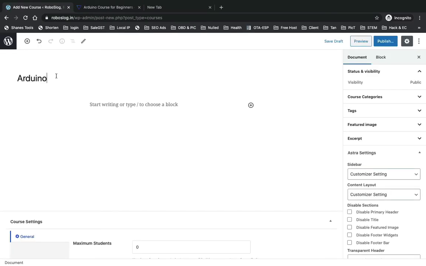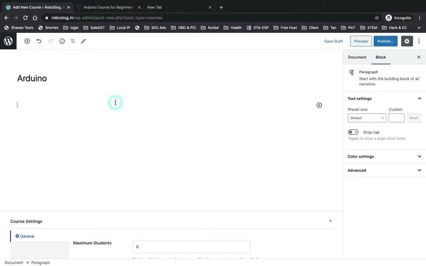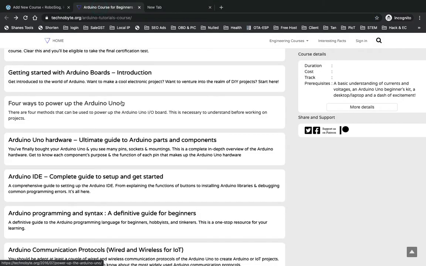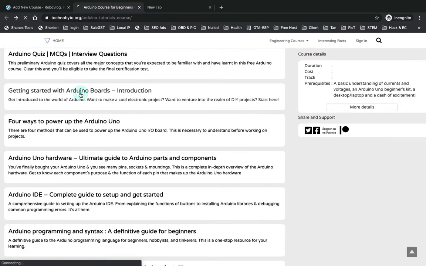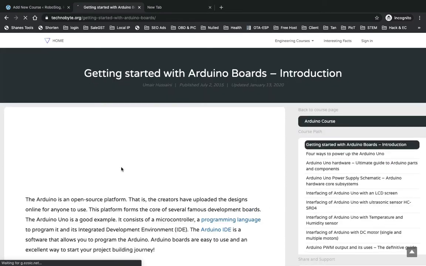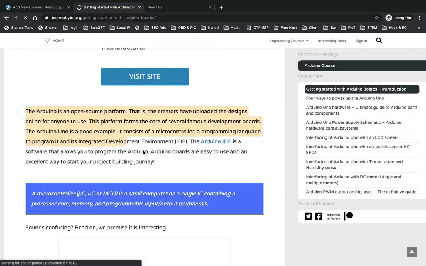Now we'll have to click on the course. Okay, let's give an example here, like an Arduino course. We can add any description we want. Let me search here for a reference. We can add this description here, like this one,